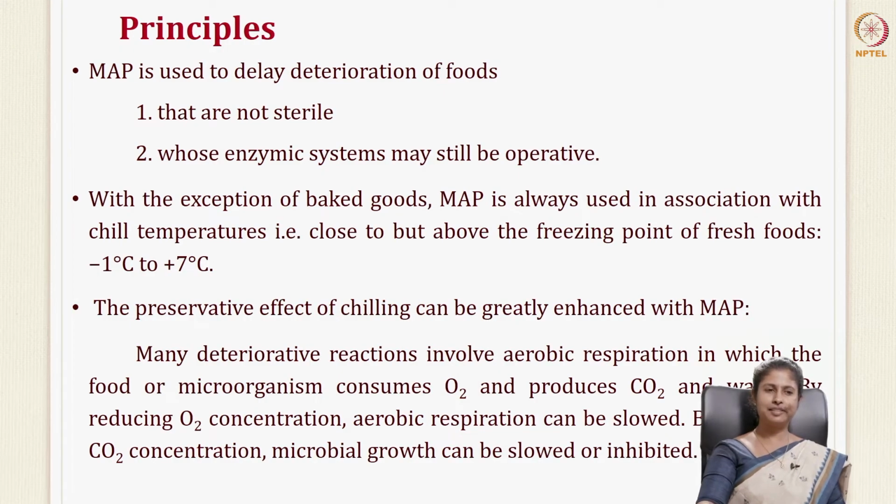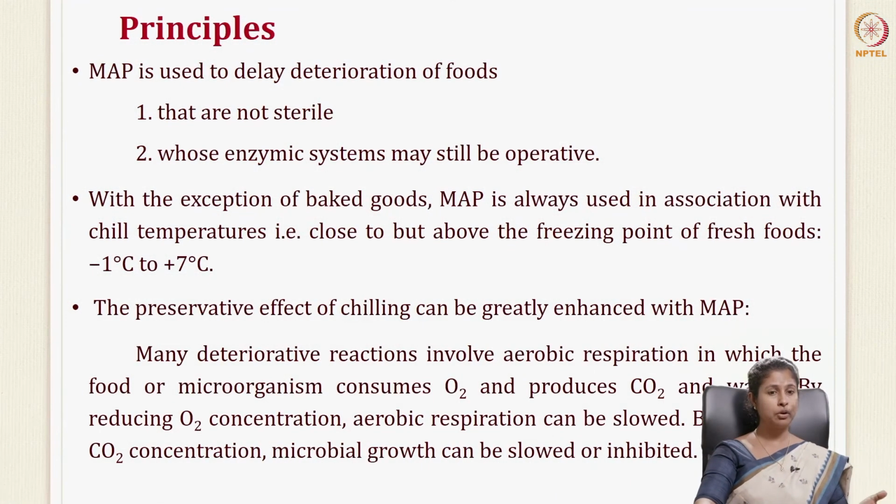Look at the principles of MAP. It's used to delay deterioration of foods that are not sterile and whose enzymatic system may still be operative. In all the other cases, you are actually sterilizing. In aseptic, we talked about sterilizing it. In blanching, you inactivate the enzymes. Here, you're neither sterilizing it nor inactivating the enzymes, but still you can increase the shelf life of the product. Now, usually, as we already discussed, they are used in combination with chilling temperatures of -1 to